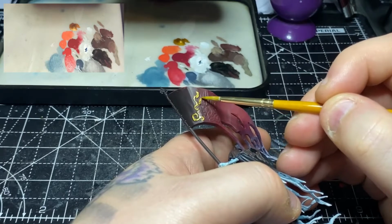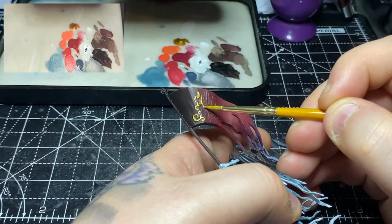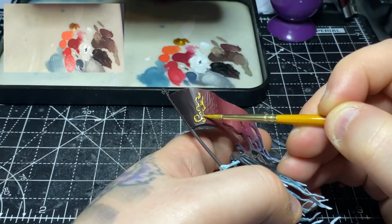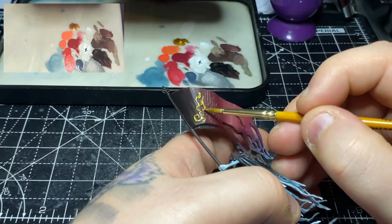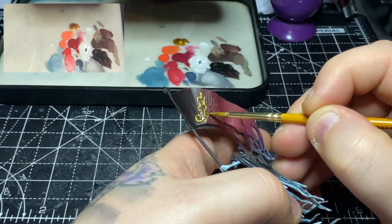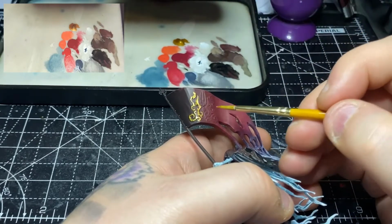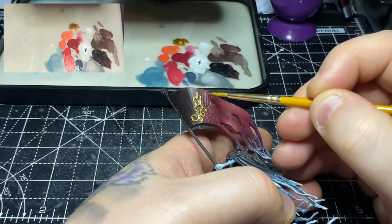So all I'm doing is, with a little bit of a blob of paint on the end of my bristles, right on the tip, I'm using that to move the paint around and get it where I need, rather than trying to touch the bristles to it. I find that if I touch the bristles to it, if I apply too much pressure, a couple of bristles are going to push off the edge and hit that flag. So I like to have a little bit more of a blob of paint on the end and use that to move around,